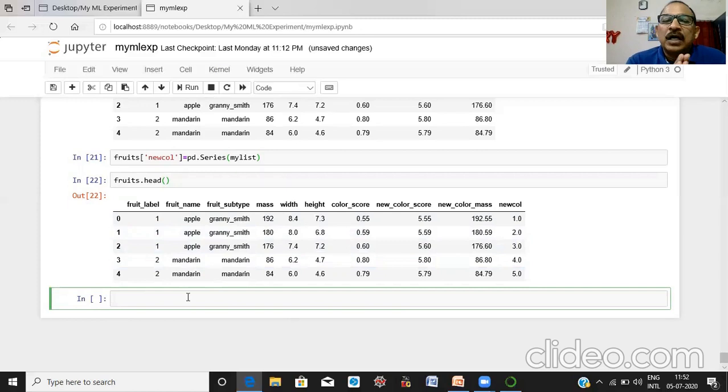Now our next work is identifying the missing rows and columns. Okay, for this we are going to import a new data set, and the data frame is studf. We are going to load a new data set.